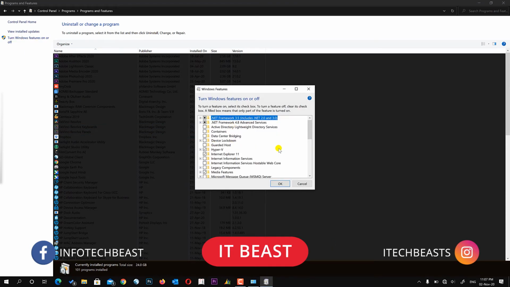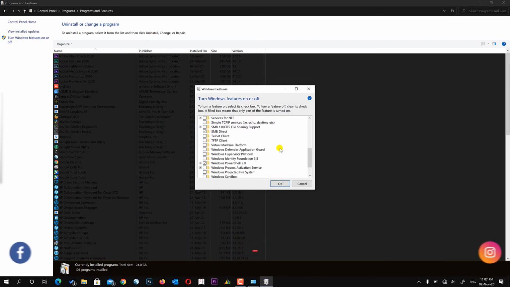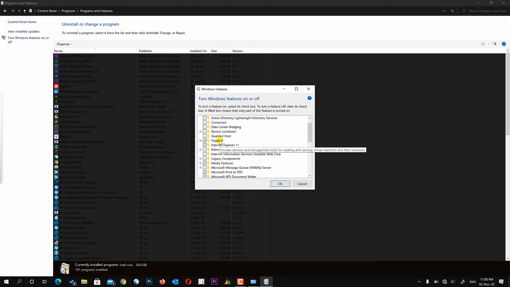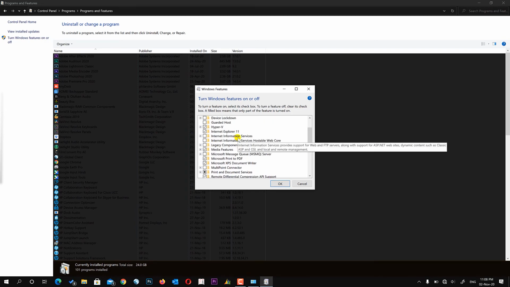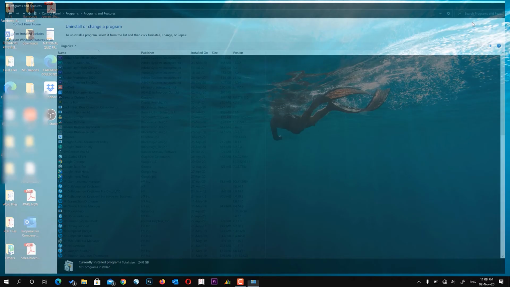And as you can see, there are a lot of features which are enabled and disabled. So depending on your requirement, you can disable and enable the features like Hyper-V. I'm using virtualization, that's why it is on. We can turn it off. Internet Explorer, this also consumes a lot of resources, so we can turn it off if required. Sometimes I use it. Media features like Windows Media Player, if you don't need it, just turn it off. Print to PDF, Microsoft XPS document writer. So whatever you feel that you are not using, you can just turn them off and press OK. This also will improve system performance.